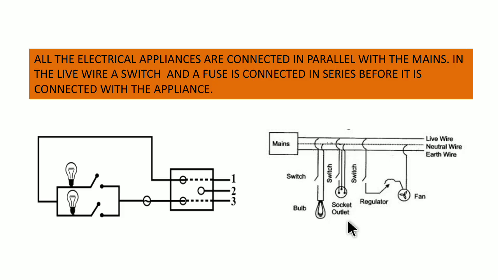Similarly, a socket outlet, over here there is an earth wire also connected. Here this is the regulator of a fan, the live wire goes through the regulator of a fan. If it is switched on, the fan will start moving and it's connected to the neutral wire. So all these are parallel connections. All right, now if that is the use of parallel connection, then what are the disadvantages of connecting the appliances in series? What happens if you connect the appliances in series?